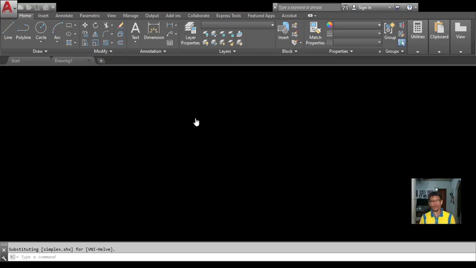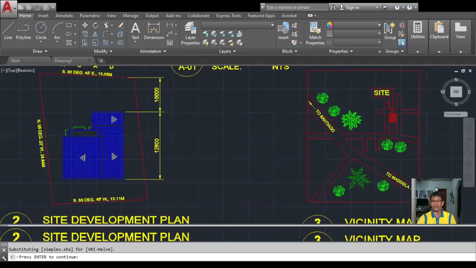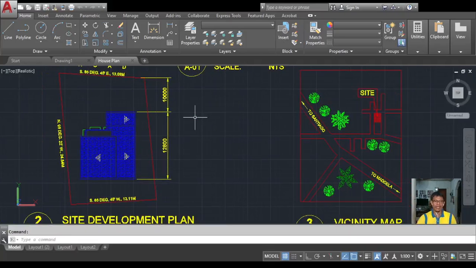is the use of a computer system to assist in the creation, modification, and analysis of a design. It describes the process of creating technical drawings with the use of computer software.